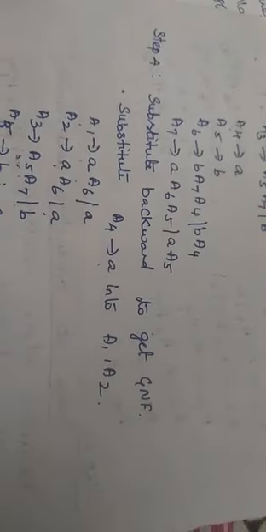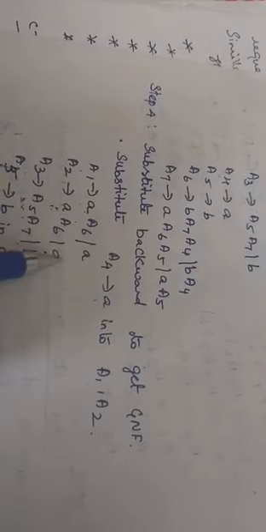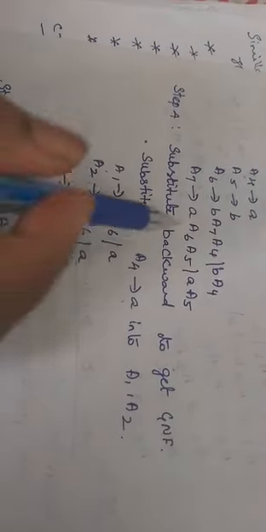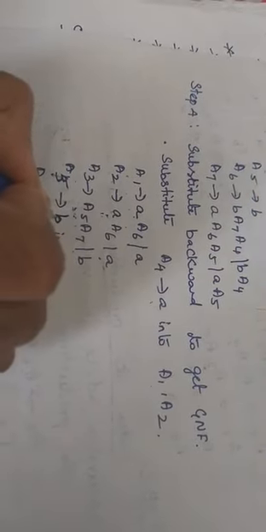So now properly you are arranging it. You have to arrange all the productions, then substitute backward to get GNF. Okay, so now substitute. When you substitute A4, already you have A. So that value you are going to substitute. So A and then A6, and then A6 or A, A3, A5. A5 you have B. So you can substitute A3 B. Okay, so B, A7, B.